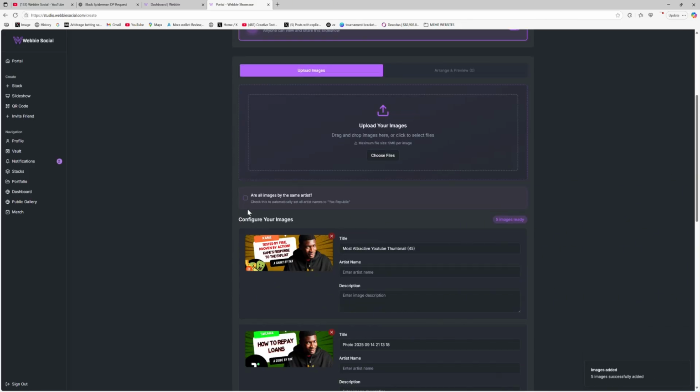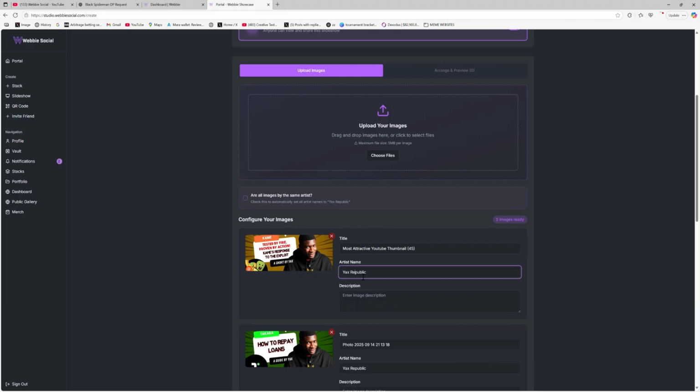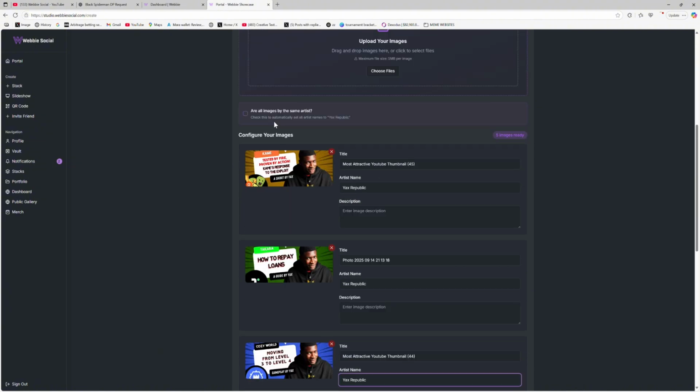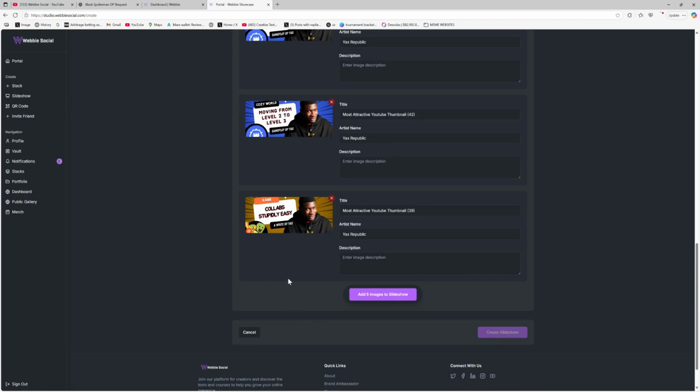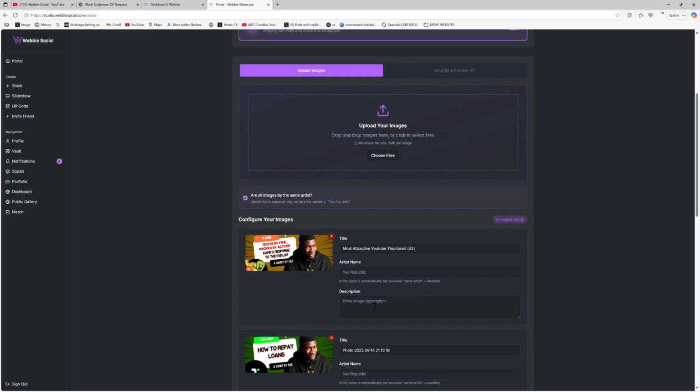So now you can choose if all these images are by the same artist, and yes, all of them are by me, but let's say they aren't by the same artist. If you uncheck it here, you can adjust the artist name. Okay, so let's say this image was by Yaks Republic and then this image was by maybe Midas. I'll come here and select Midas, but all of these images are all from me. So that's why I'm going to select all are from the same artist,